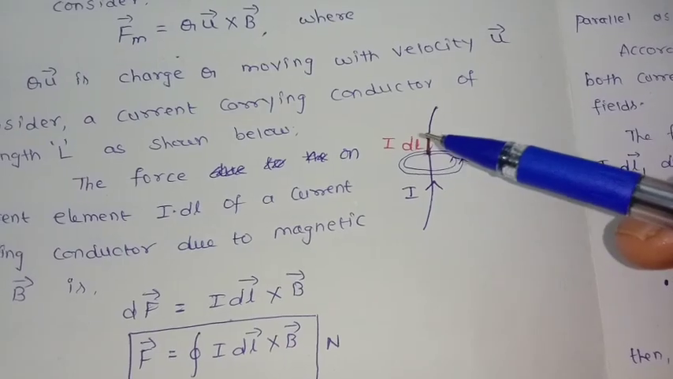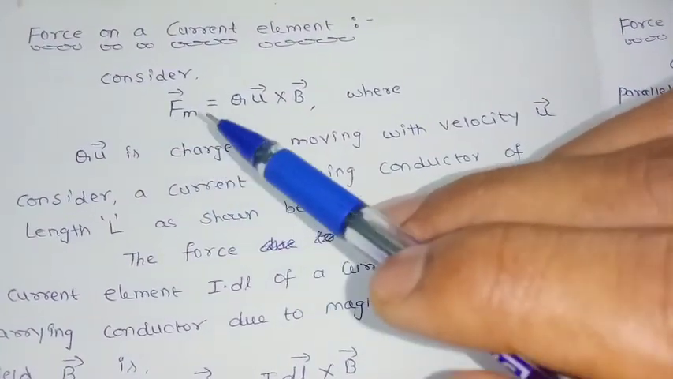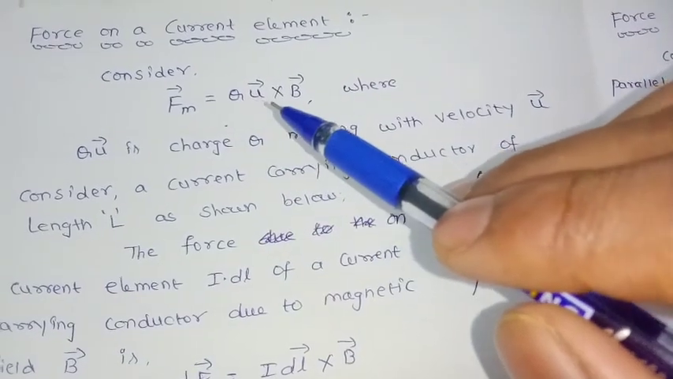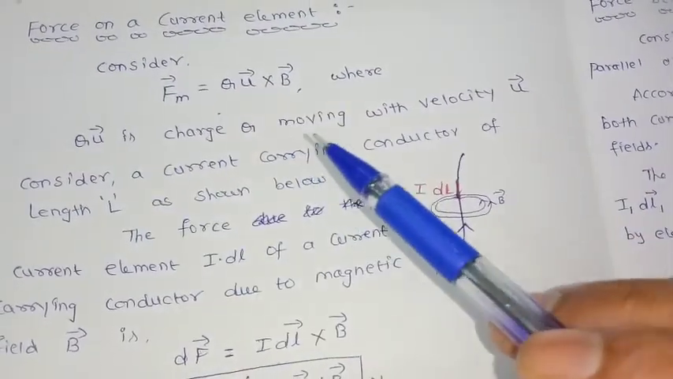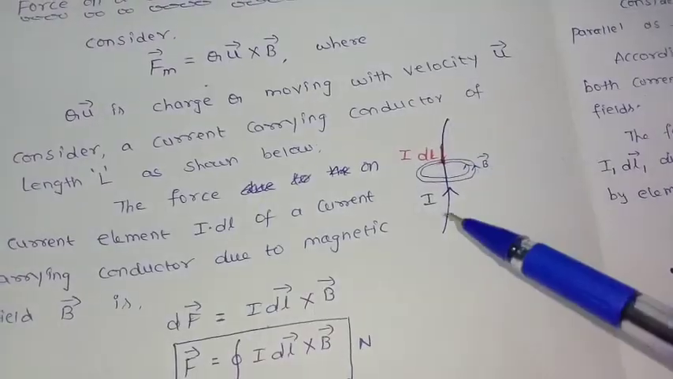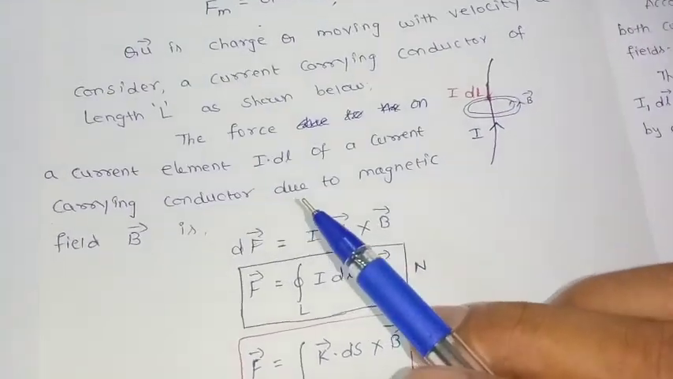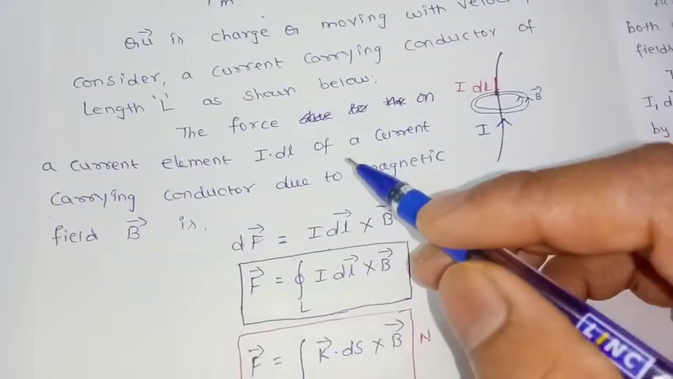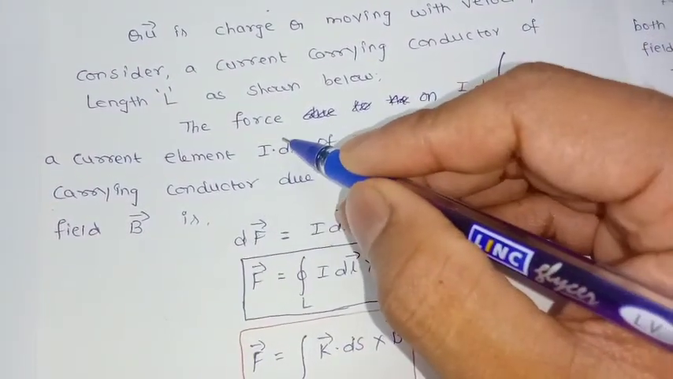Now the force on this current element is going to be, observe that just now we have seen that the magnetic force is equal to q times the velocity cross B bar, where q times the velocity is a charge q moving with velocity. Consider a current carrying conductor of length L as shown below. The force on a current element I dl of a current carrying conductor